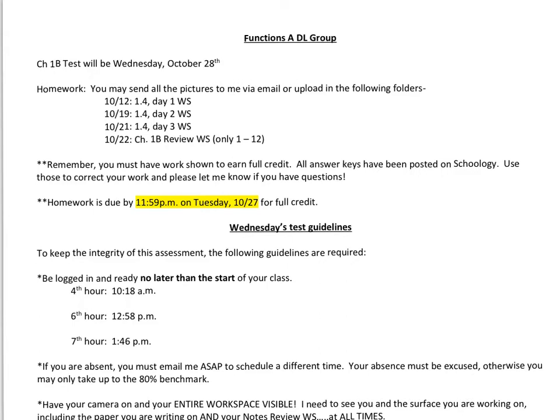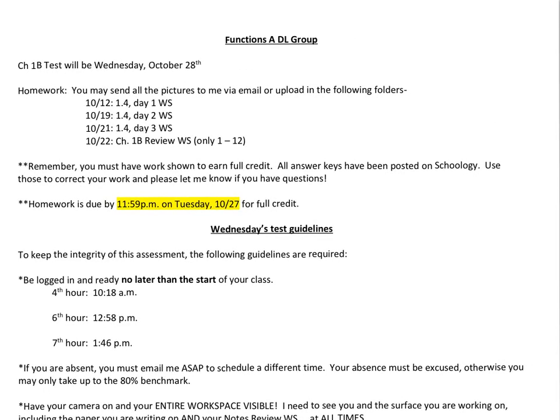Our test will be this week on Wednesday, October 28th. You have 4 homework assignments that you can either take pictures of and email me directly or upload to the folders in which they were assigned. On the 12th, 19th, 21st, and 22nd of October, the 1.4 Day 1, Day 2, Day 3, and Chapter 1B